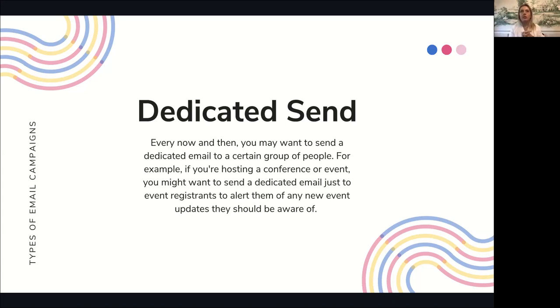So if you were selling 3 different types of products or services and you knew each email address was associated with a type of product, right? And you just wanted to hit one of those products with an email. You can do that with email marketing services like MailChimp or Constant Contact or HubSpot. And you would dedicate that send just to that small portion that you know you want to target with that email. Okay, that's a dedicated send.